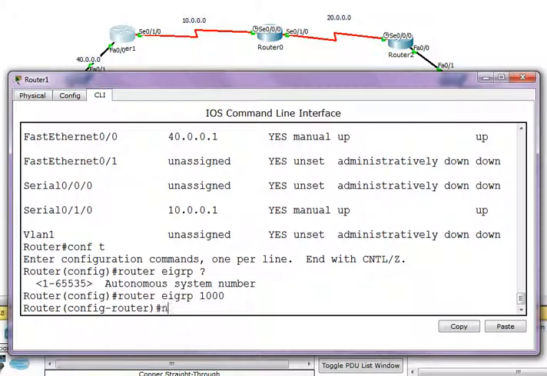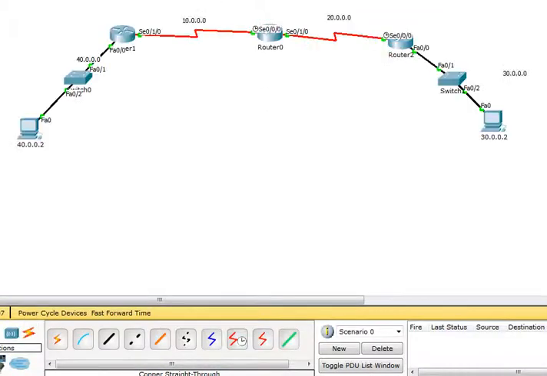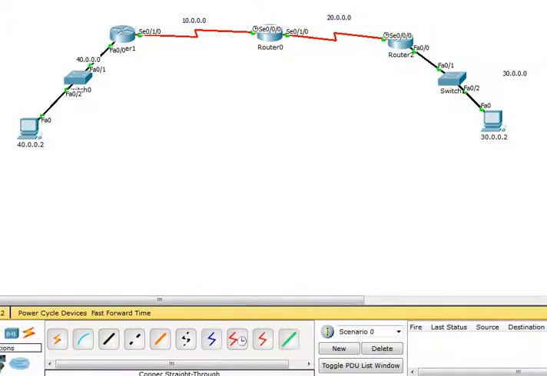Then I type network. Which two networks am I directly connected to? I'm connected to 10 and 40. It makes our life easier. You just have to enter 10 and 40 in your EIGRP command.